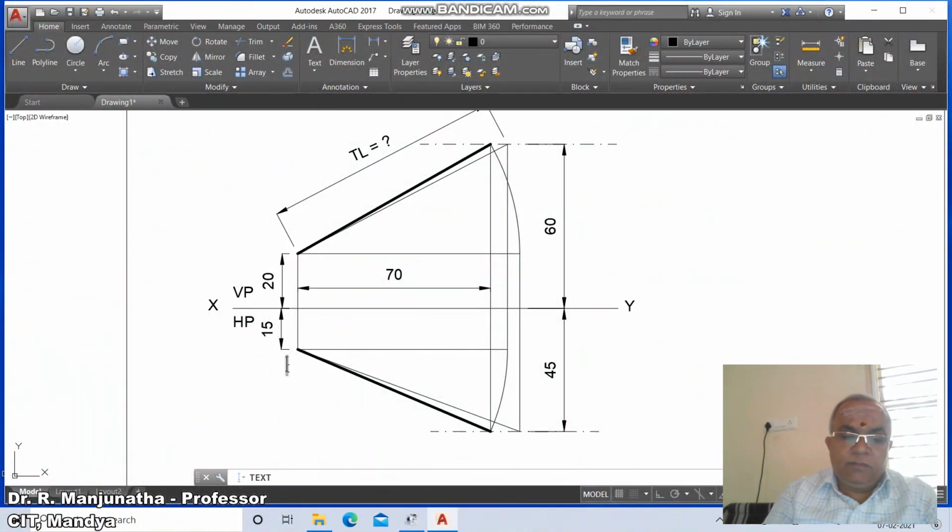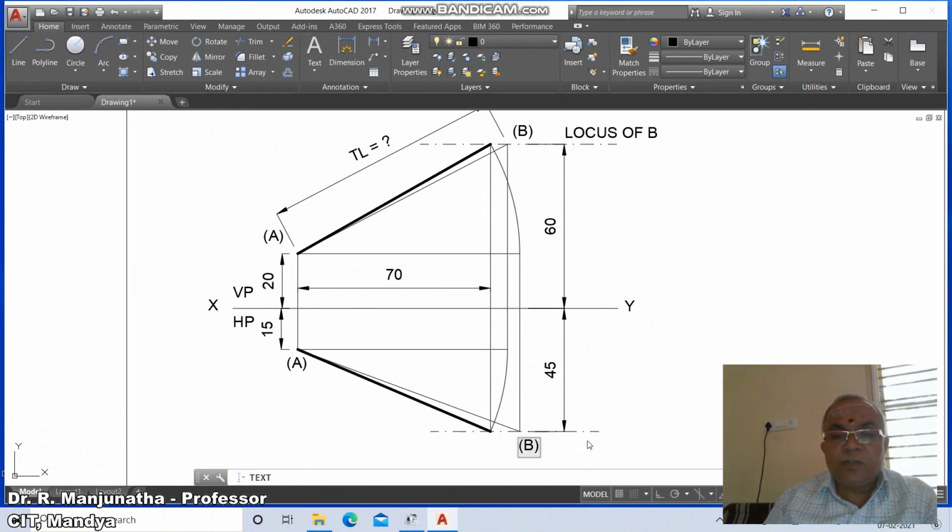You will mark this as capital A, and this also as capital A, and this as capital B, and this will be locus of B, and this as capital B, and this will be locus of B.